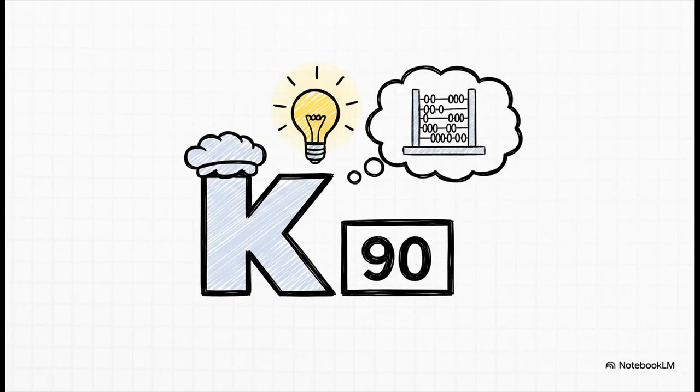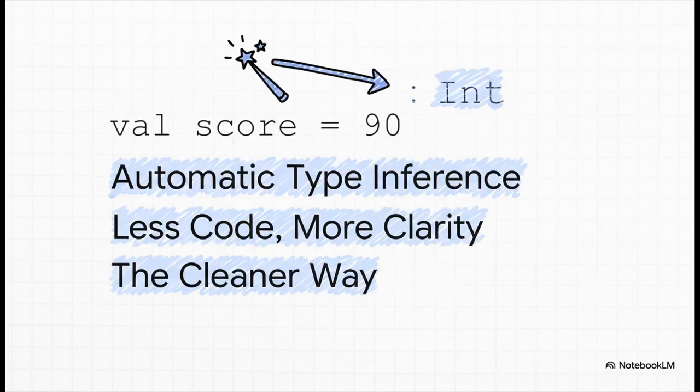But this is where Kotlin gets really cool. It's a smart, modern language. A lot of the time, it can just look at the value you give it and guess the type all on its own. It's this awesome feature called type inference. So what does that look like? You can just write this